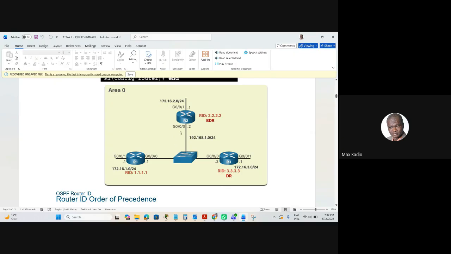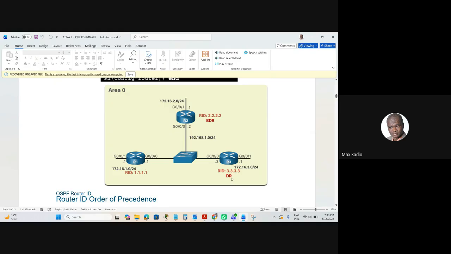For example, if I'm on router 2 and I want to view my neighbors, also in OSPF, before we start exchanging database information, we need to be neighbors. We need to talk to each other to agree to exchange data. So if I'm on router 2 and I see who are my neighbors,